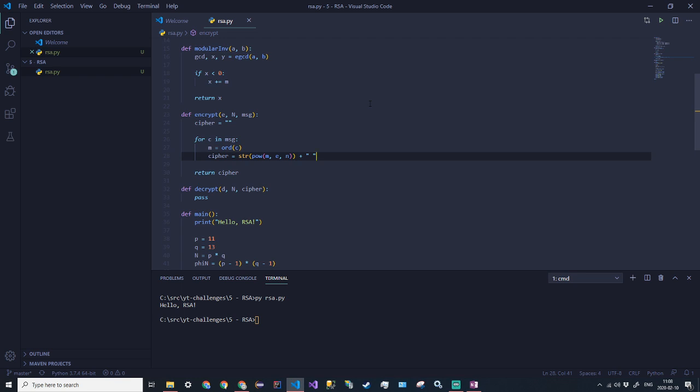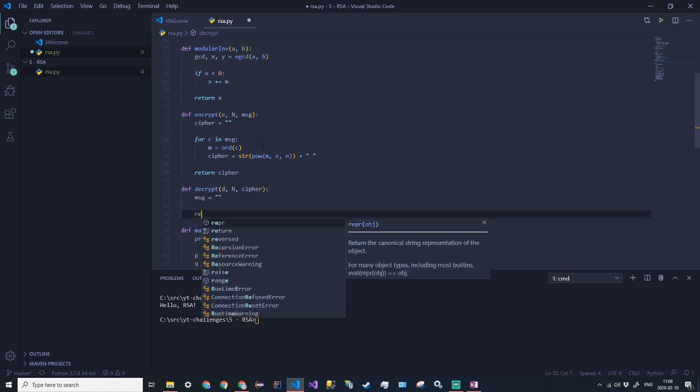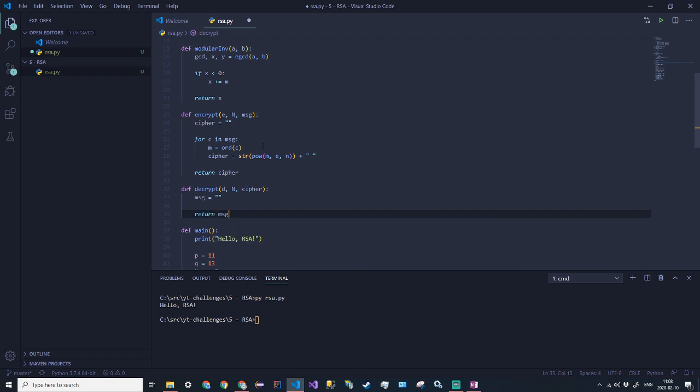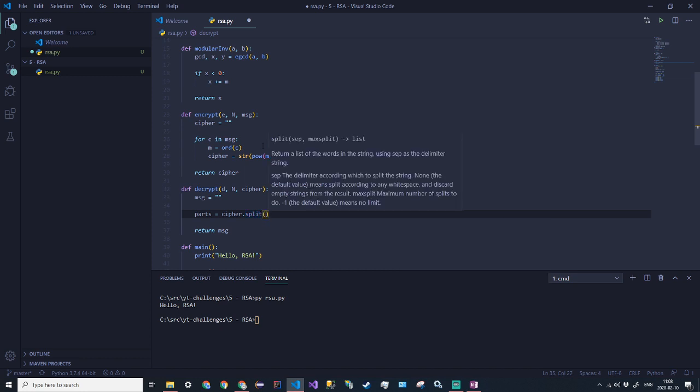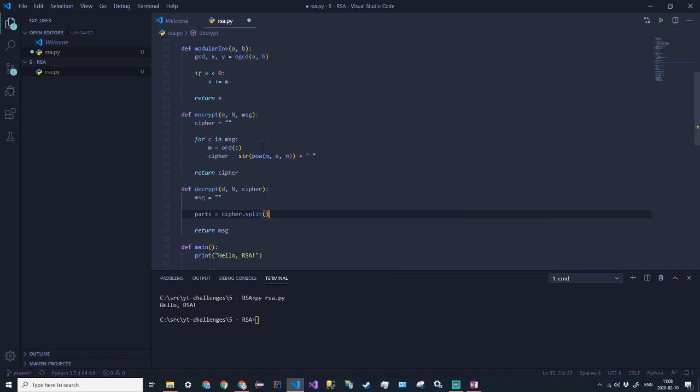And the decryption function, all we're going to do is we'll have a message. So message is equal to nothing now, and then we'll return message. So parts is equal to, so we'll need to split this up into parts based on the spaces because we encrypted each character separately. So cipher dot split, and that just splits it across a space or white space. Then we initialize message, and now we want to go through the parts. So for part in parts,